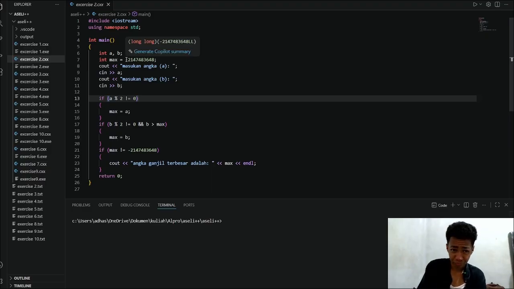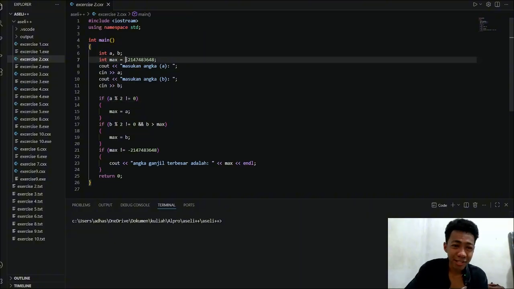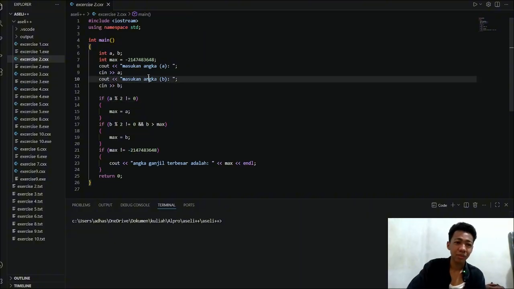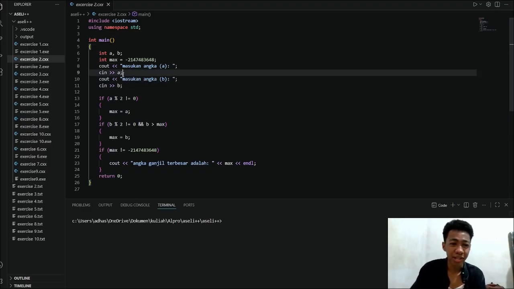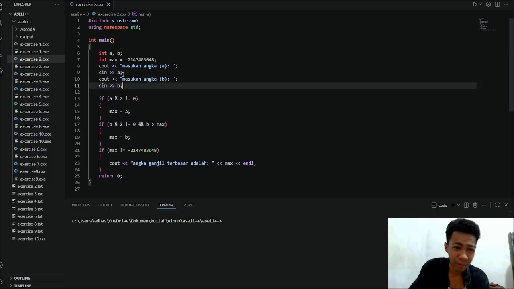But first, we need to ensure that the value of max is the lowest value an integer can store, which is this value. And after that, we make the input for the user, storing the value in a and then in b.